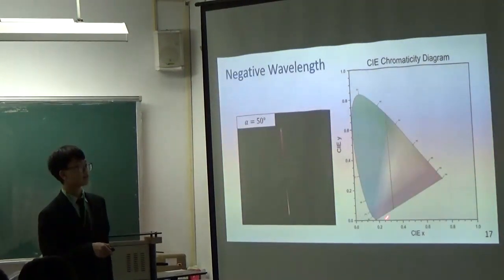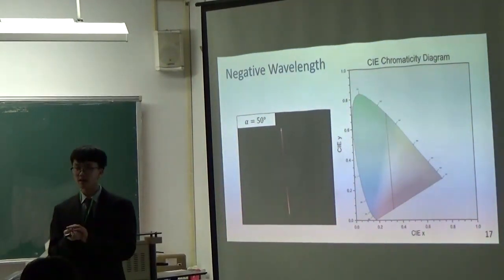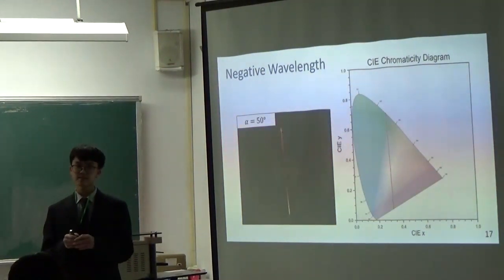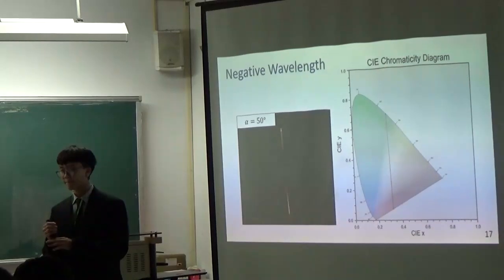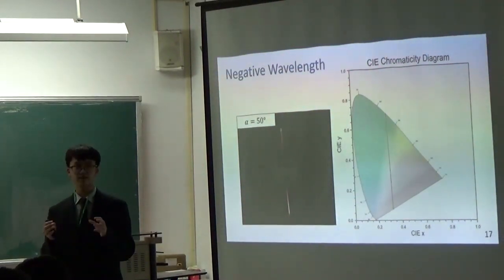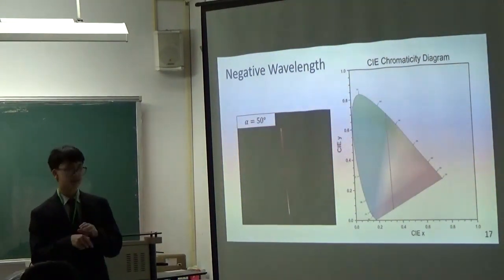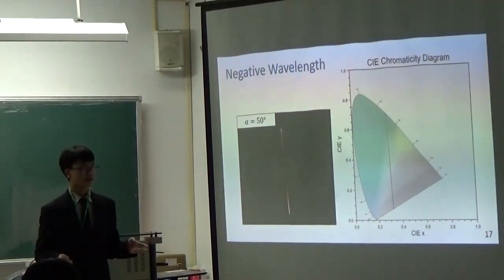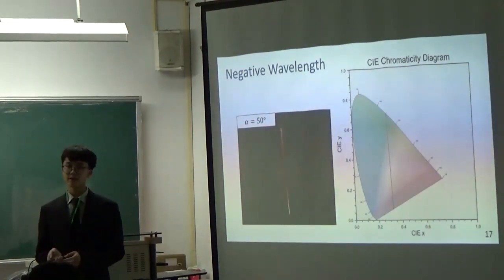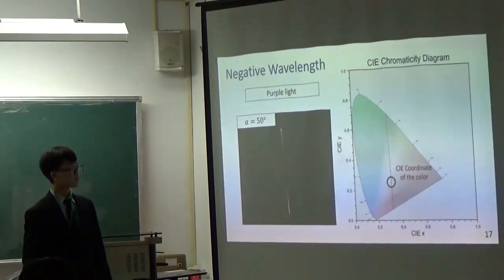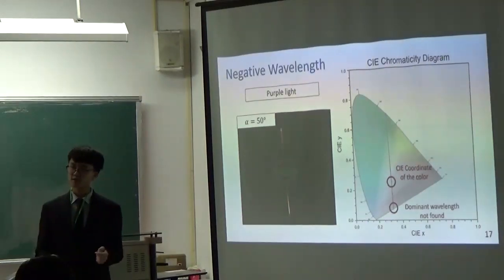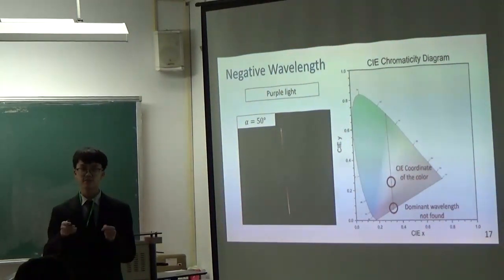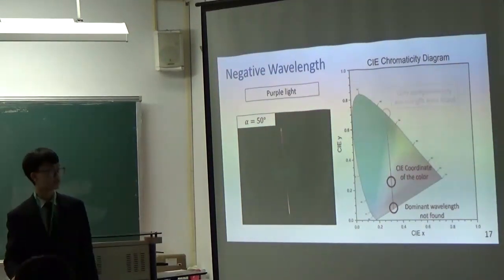This is because the diagram can only analyze monochromatic light. It means that the light is composed of only one wavelength. If there are multiple wavelengths multiplied together, it will arrive at here, and the data will be in error in the algorithm to calculate the wavelength, so it will be negative. From this result, we can find out that the light coming from the disk actually is composed of different wavelengths, not just one wavelength.